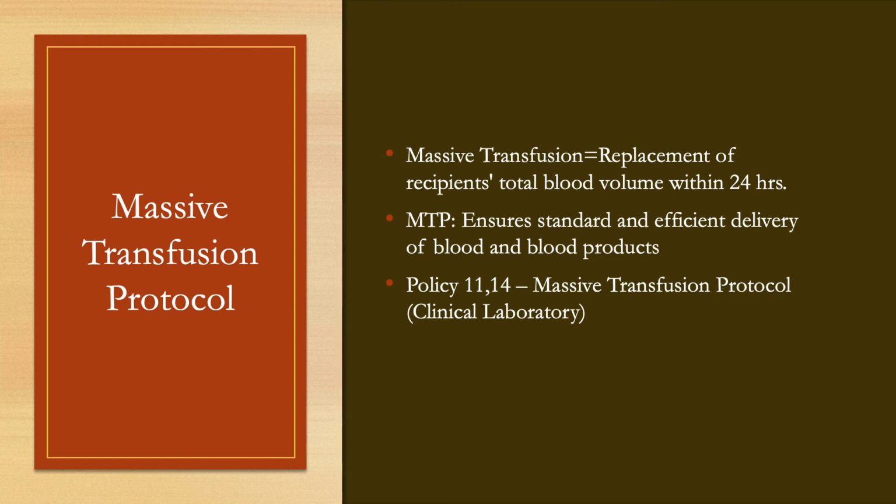cells and FFP. If your patient has already been cross-matched at the time that you initiate the MTP, then you follow the same process, okay? You call the blood bank, you give them a call and let them know, and you fax the information. The difference is that they are going to provide you with 3 units of type-specific PRBCs or packed red blood cells,